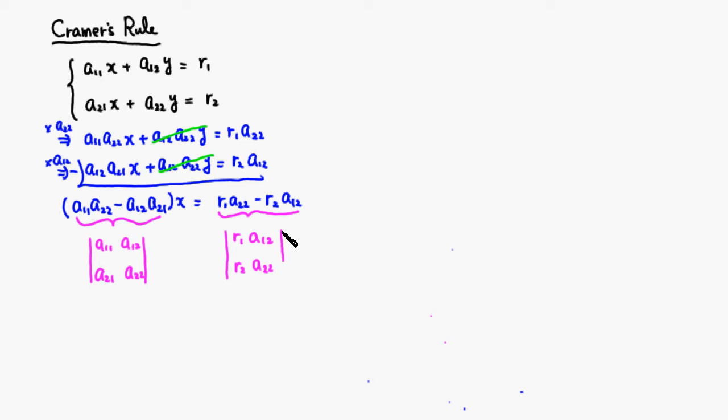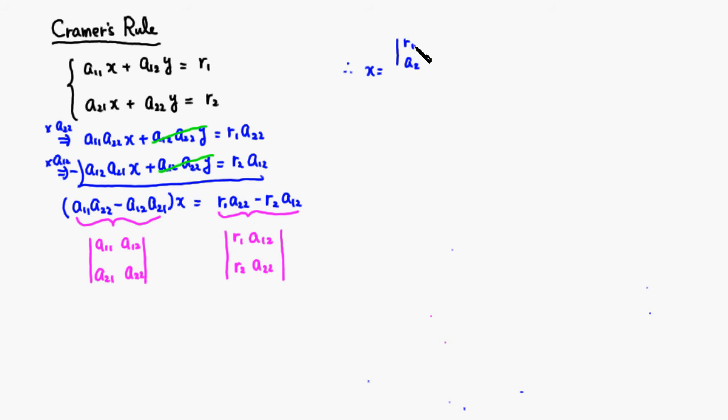So we have that. If you're looking for the x value, all you have to do is divide the whole equation by this determinant. So therefore x is equal to the determinant of r1